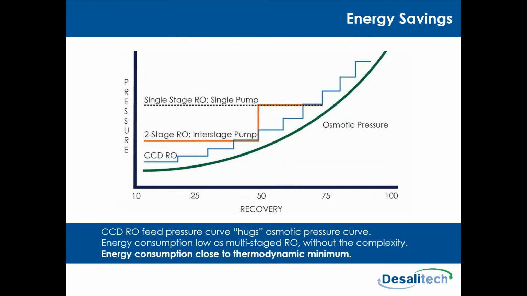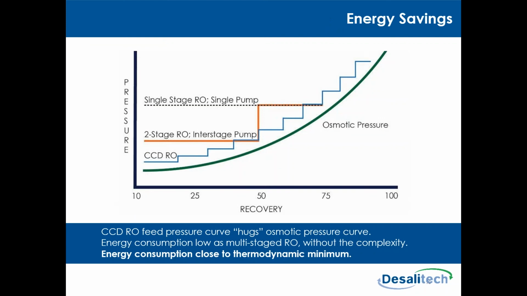And then finally, energy savings. So what this illustrates is the green curve is the osmotic pressure curve, where a single stage RO unit would operate at a fixed pressure. That pressure needs to be high enough to overcome the osmotic pressure of the water at the tail elements. So if you